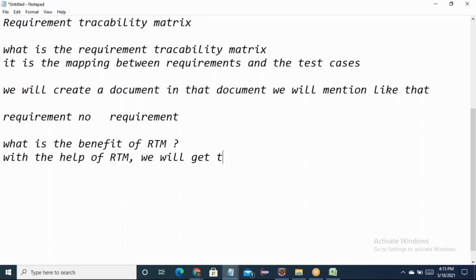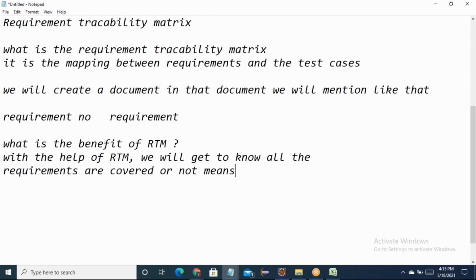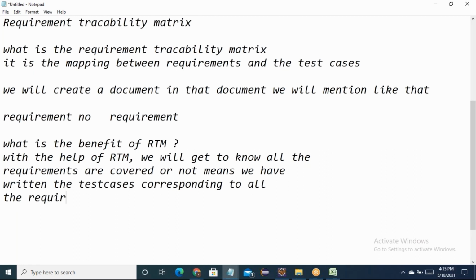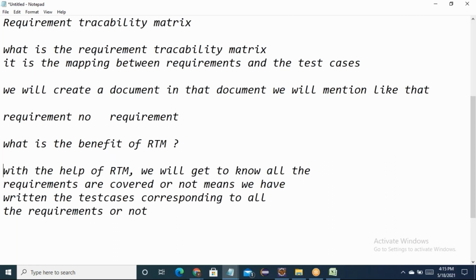Firstly, we can check whether all the requirements are covered or not, that is, whether we have written the test cases corresponding to all the requirements or not. Right? That is the first thing. Second thing, if there is some change